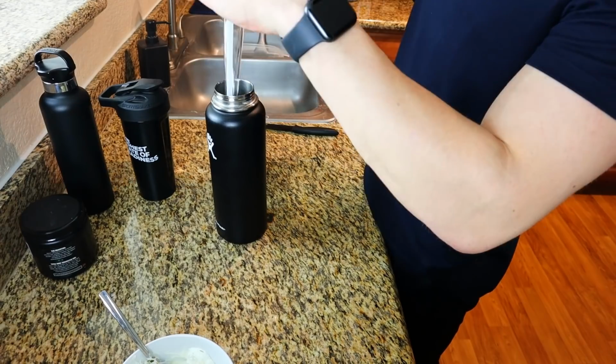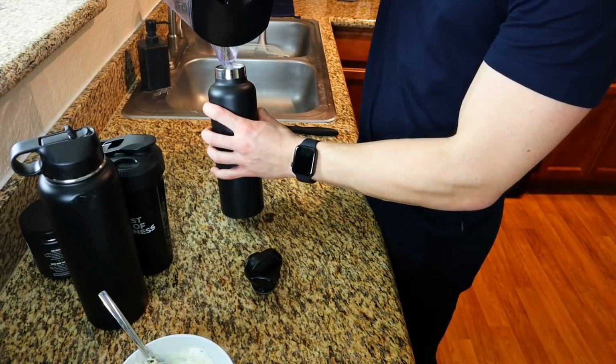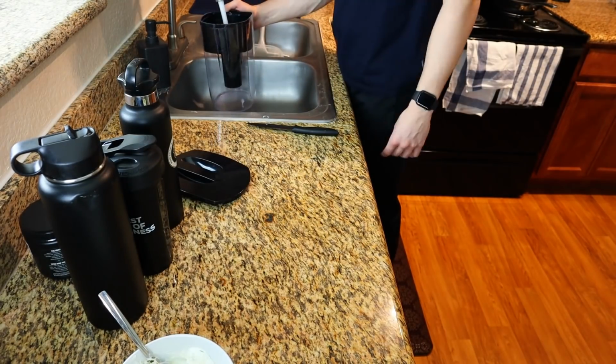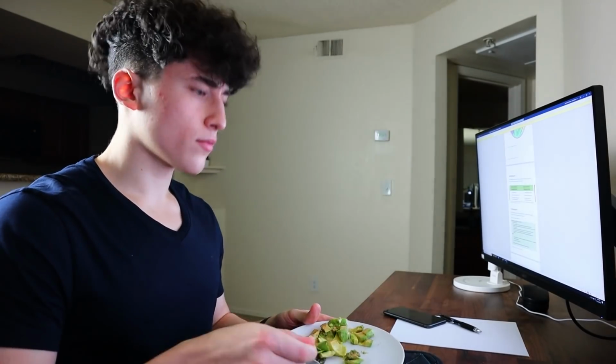And here I'm gonna fill up my water bottles. I would say I go through each one of these about twice a day, and it's a little bit of a hassle filling them up waiting for the filter. So I love to have it done the night before, just so I don't need to worry about it in the morning. Now it's time to eat, and today is kind of a medium day, so I'm doing something that's a little bit low-key,